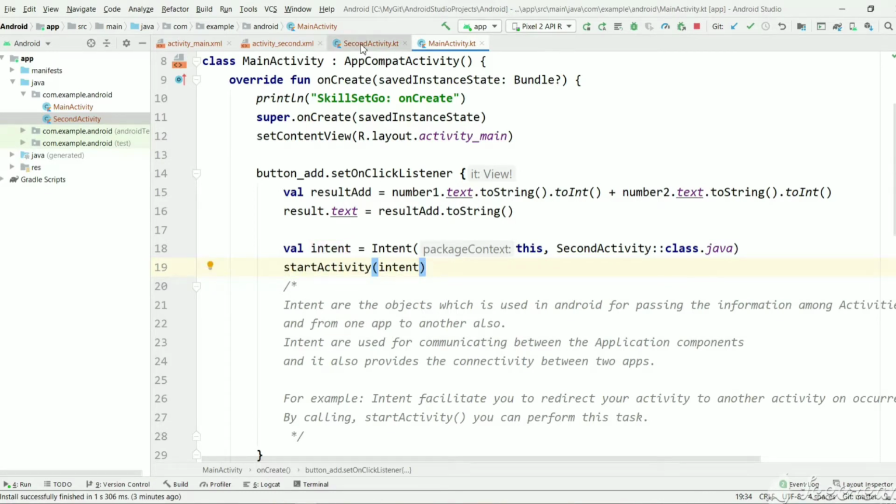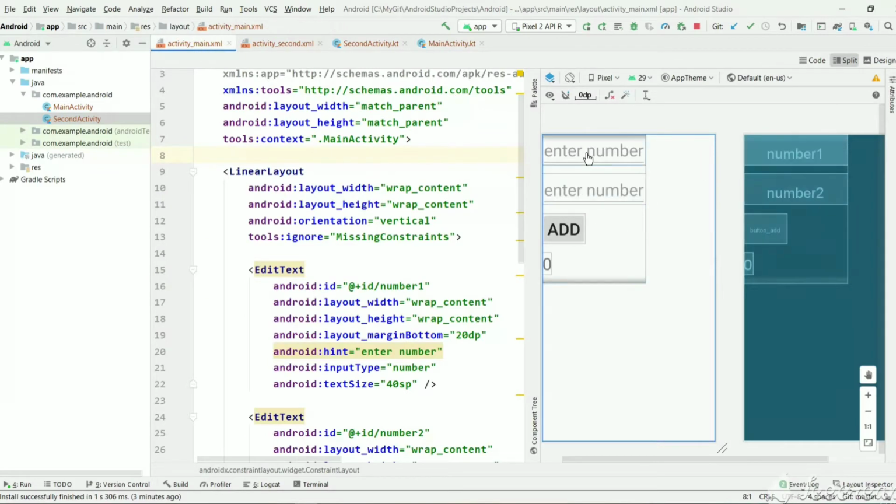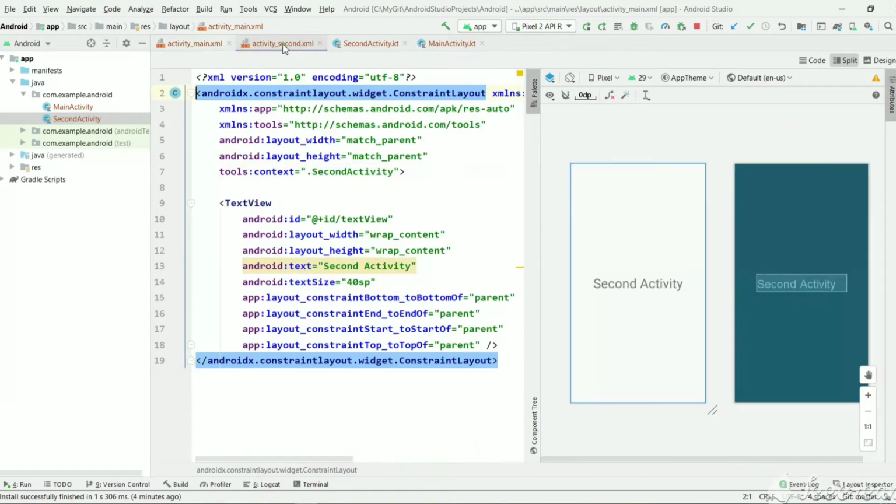So in this video, here we are taking two numbers and we are summing the numbers and showing the result here. In this video we will show the result of this sum in the next activity, that is this XML layout. Here we have a text view with the second activity text, but after click of add we will assign that result in this text view.